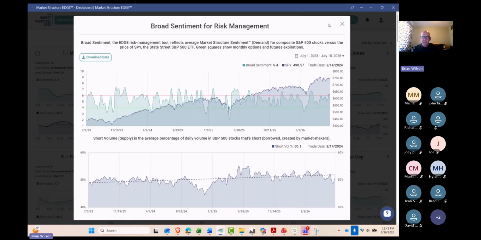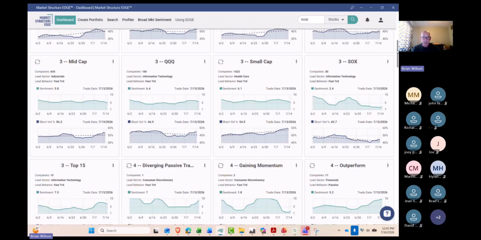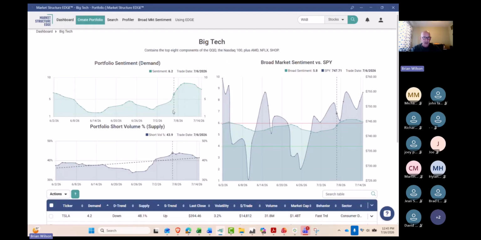Let's move over to big tech for a moment. What we've been tracking with big tech has actually been pretty good strength. Big tech moved well north of 8 for a period of time, got up to 8.7, and is starting to backtrack just a little bit now. We've had some really strong gains in Meta that have pushed communication services certainly much higher. What's the takeaway here from a big tech perspective? Well, it's rolling over a little bit, but that sentiment score of 7.3 is still a very strong number.